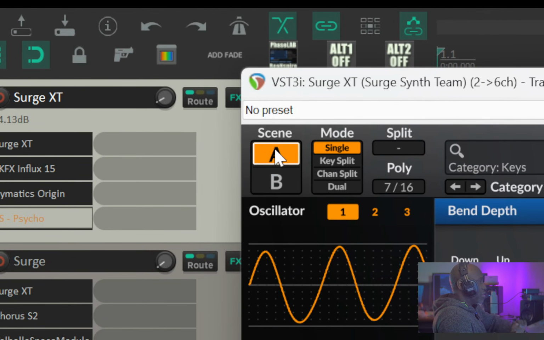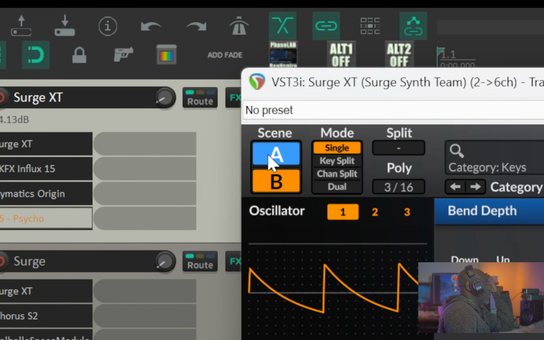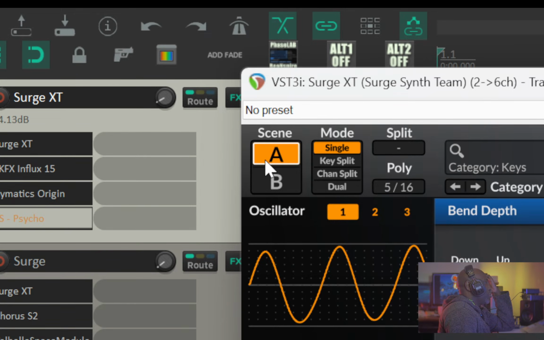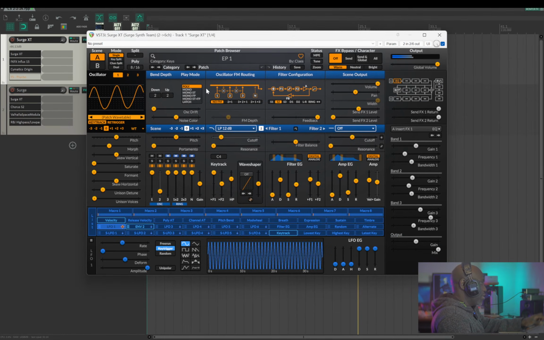So let's go through the interface a little bit. There's a lot, but one thing you have to know is there is a scene A and a scene B. So when you switch to scene A, you can tweak the whole entire thing. I think the only thing that is not different is this section over here, because this section over here is your global effects, which we'll look at in a second. But over here we have 3 oscillators,